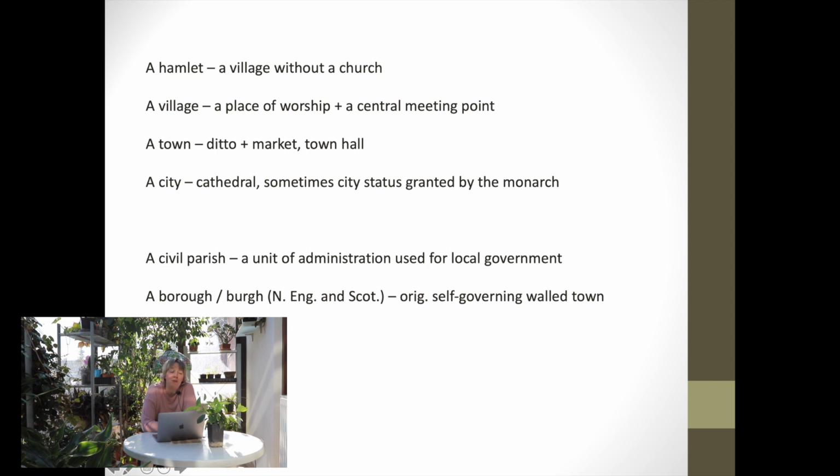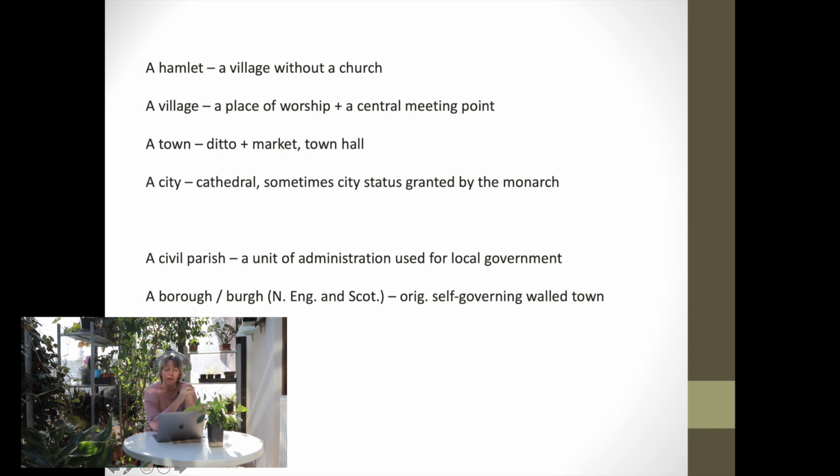And what's the difference between a hamlet, a village, a town, and a city? So a hamlet, originally, like the definition, is the smallest unit of human habitation. So a small village without a church. So just a few houses together. This is not even a village because they don't have a church. To qualify as a village, a place needs a place of worship, so some sort of church or chapel, and